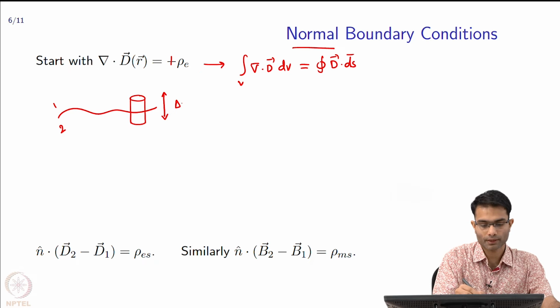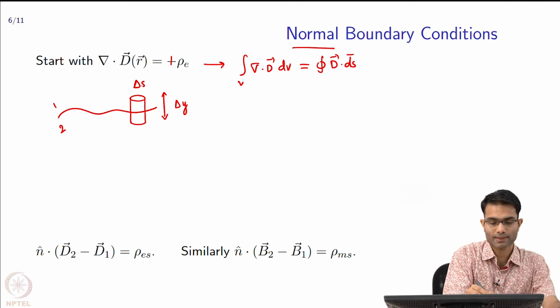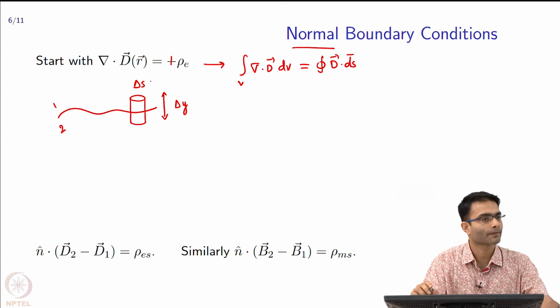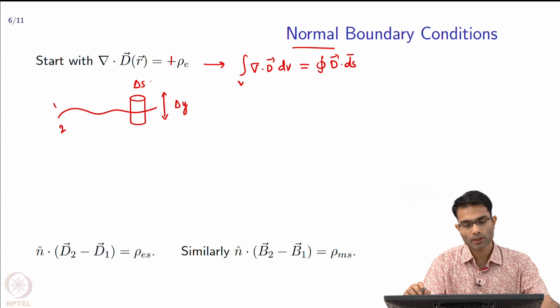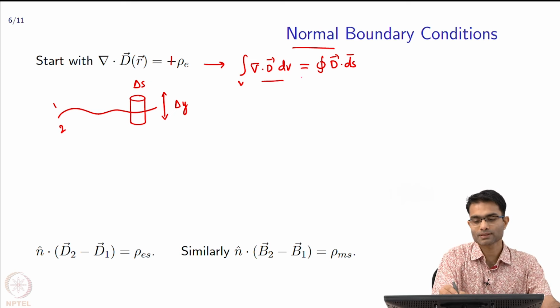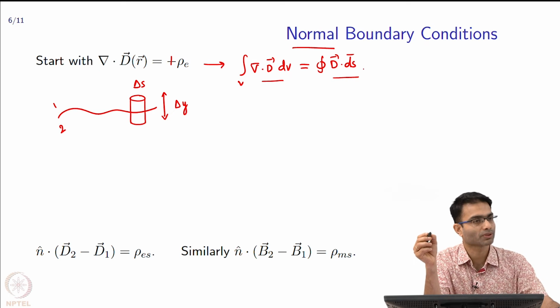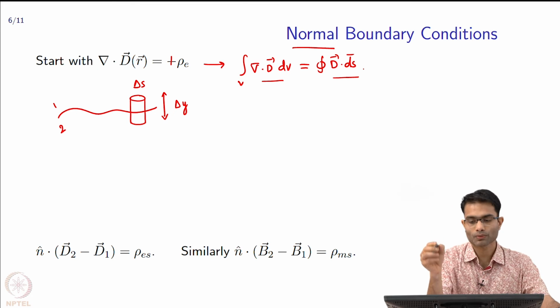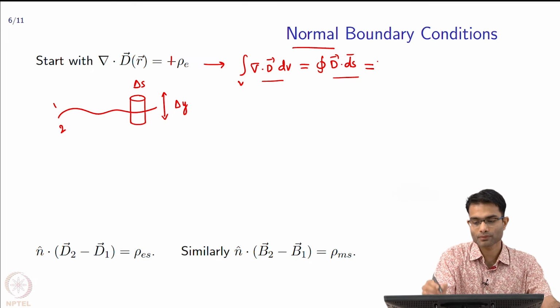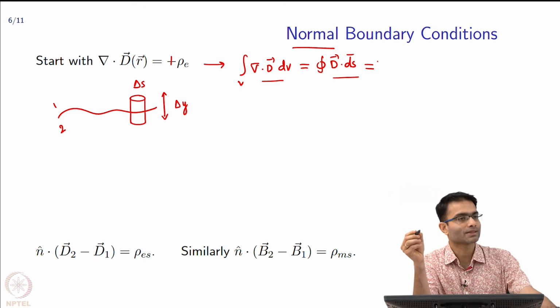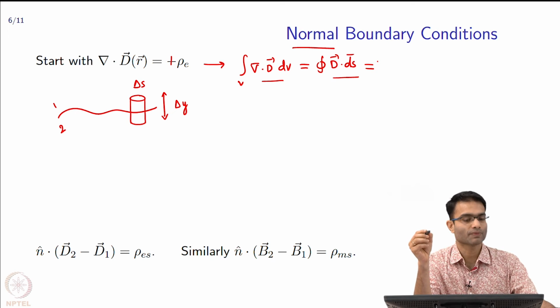So I have a delta y over here and a delta s is the area over here, fine. Exactly similar to what we did in the previous example, I will calculate this integral both ways. In this case, maybe we don't need to go through the entire derivation. What we can just intuitively see is, del dot D integrated over ds, how many surfaces should we break this up